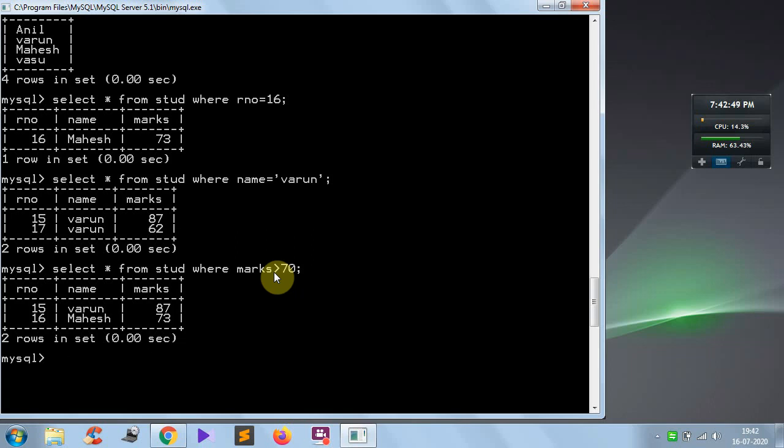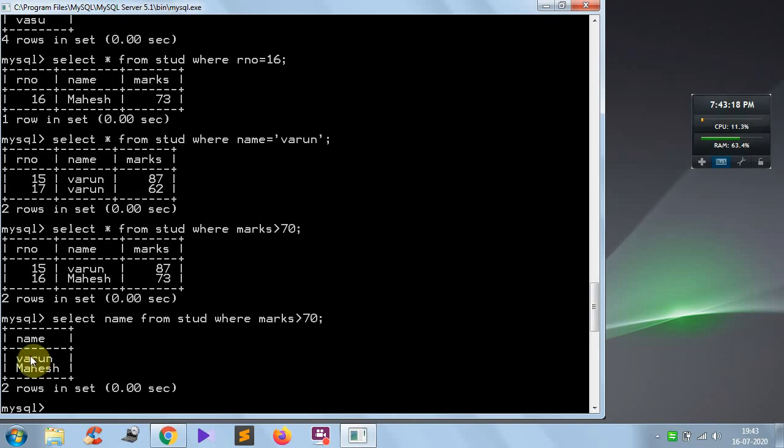Let us see one more point here. Select star from stud where marks greater than 70. Now I am giving one question. Display the names of the students whose marks are above 70. I don't want to display the roll number and marks. So how to do? Select name from stud where marks greater than 70.